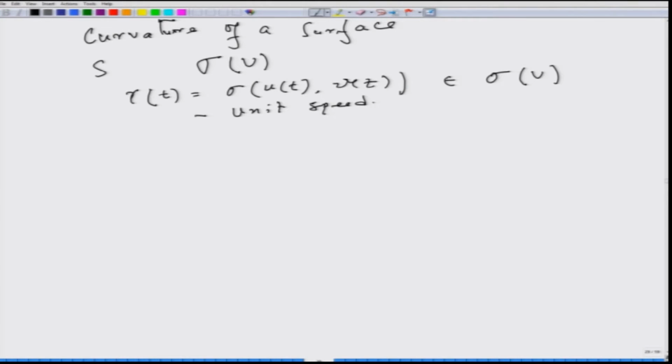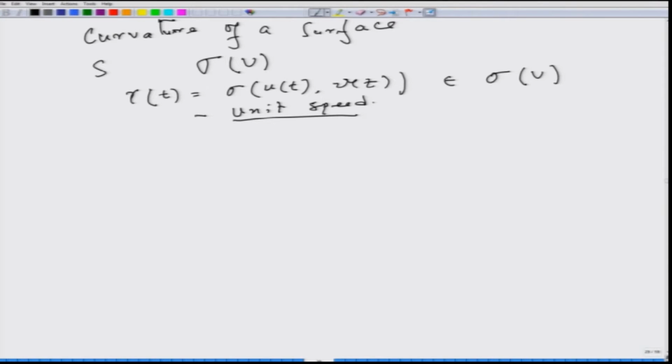So for today, I will define certain quantities which are related to the curvature of a surface. Today's lecture and tomorrow's lecture will be mostly on calculation. Once we have some calculation, some theorems in hand, then we can actually go for the geometry part. Now all this calculation I will always assume we are talking of a unit speed curve, I emphasize that. So while solving assignments or writing the exam, if you see a curve is not unit speed, you make it unit speed, then do the calculation, otherwise the quantities will not match.